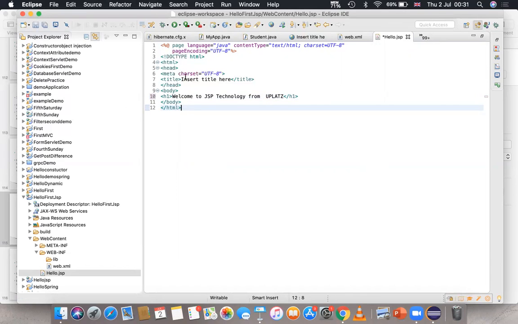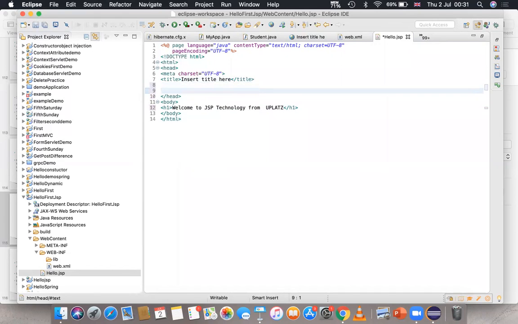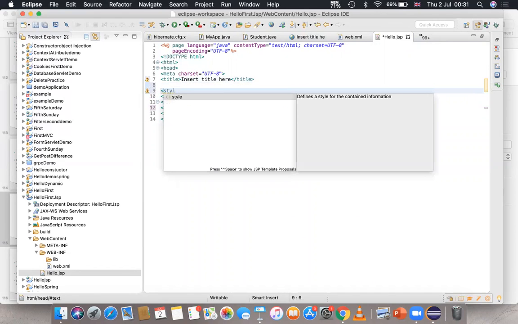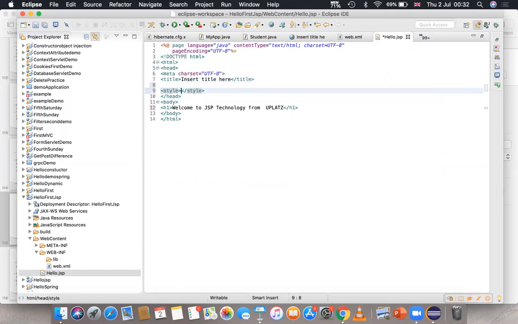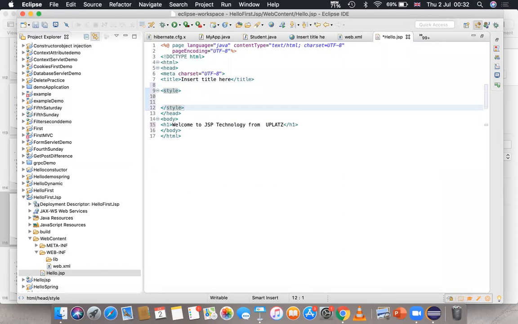So what I should do is come to this header part. It's the same thing which we do in HTML. So we add a style tag, that is CSS capabilities I'm adding. The meaning of adding the style tag is I'm adding CSS capabilities to this HTML file. Okay. So I want to give, you have given this header inside the body. So in the body, you write like this, body, and you write here